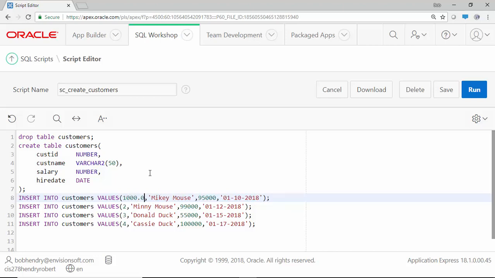For example, if this customer number was 1000.00, that'd be a funny customer number, but it's actually valid. As far as numbers go, you can only use just the number. You can't use currencies. Like here, we got the salary. If we tried to do 95,000 with the currency in it,